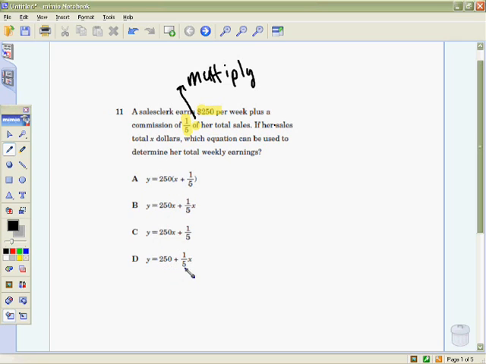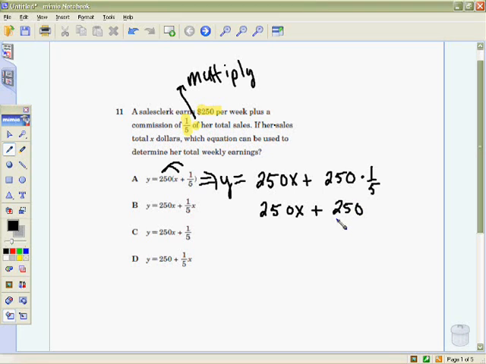As I first start examining my answer choices, I have one here that needs to be simplified, and I'm going to go ahead and simplify that so that it looks more like my other answer choices, and maybe it'll make a little bit better sense to you. So if I distribute, I'll get y equals 250x plus 250 times 1/5, which simplifies to 250x plus